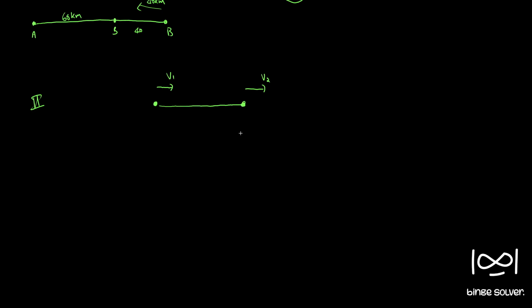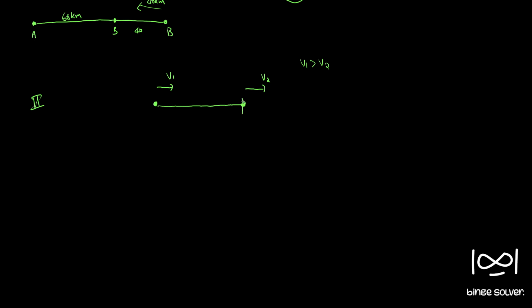So when they are moving in the same direction, if the question is at what time they catch up or something like that, V1 has to be greater than V2, right? Otherwise V1 and V2 will never catch up, and the distance between them will keep on increasing. So there is no question possible in such a scenario. The only possible scenario is V1 greater than V2, and in such a scenario,